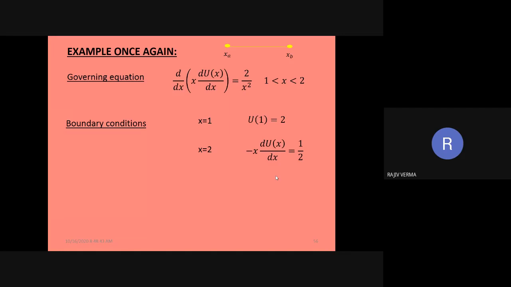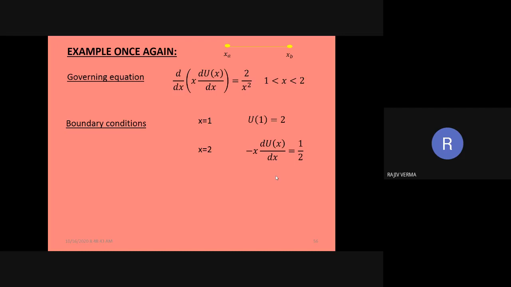Then there are two sets of boundary condition in terms of the known value of u and the known value of flux, which is applied at x is equal to 1 and x is equal to 2. Now kindly note one more thing कि ये बाउंड्री कंडीशंस हैं. बाउंड्री कंडीशन का मतलब ये नहीं है कि ये टर्म्स डोमेन की बाउंड्री में लगाई जाएंगी. ठीक है, ये दो इक्वेशन जो इस समय डिस्प्ले पर हैं, ये दोनों टर्म्स बाउंड्री कंडीशंस हैं. बाउंड्री कंडीशन का मतलब ये नहीं है कि ये दोनों कंडीशंस डोमेन की बाउंड्री में लगाई जाएं.